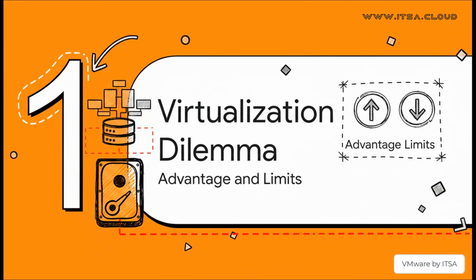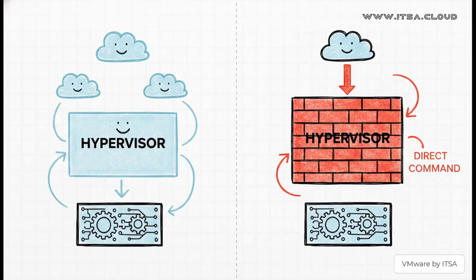It has its limits. So, usually, that software layer, that hypervisor, it's your best friend, right? It hides all the messy hardware details, lets you move VMs around like they're just files, and manage everything from a single pane of glass. But sometimes, that helpful layer can actually get in the way. It can become a barrier, blocking that direct line of communication we were just talking about.